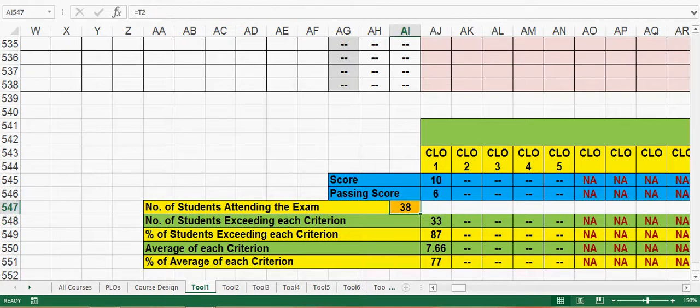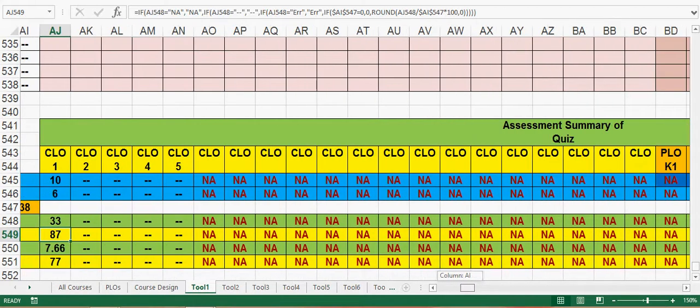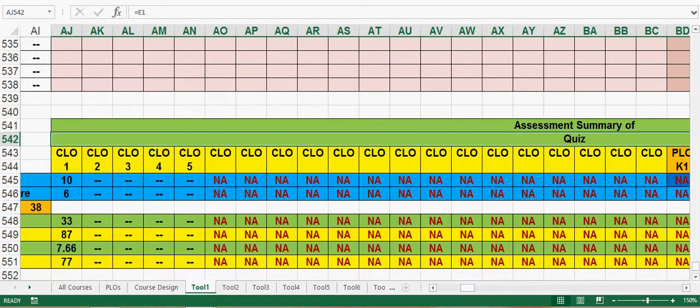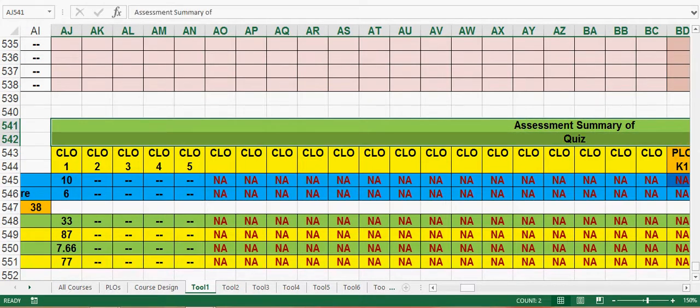38 of them were present, so 2 were absent. And this is my percentage, 87%. So that means it is good. I have attained a good percentage in my CLO 1. So this is how in every tool sheet, when you scroll down, you can see the assessment summary for that tool. Okay, please note that you will see the assessment summary for that tool. Means if it is a quiz, you will see it for quiz. If it is an assignment, for assignment, midterm, final. The semester sheet will show you